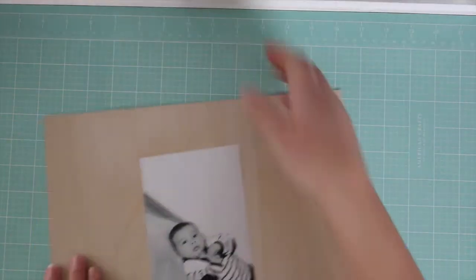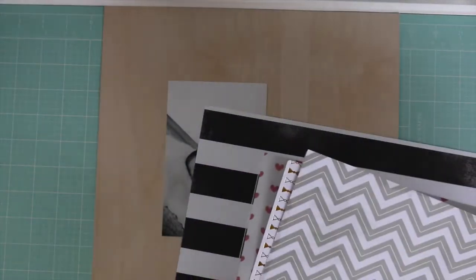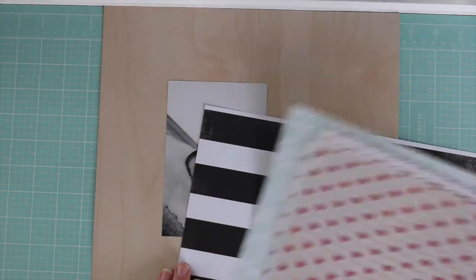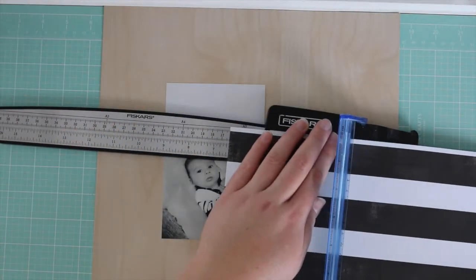So I'm going to make a page of my son, and I chose to use the wood paper that's included in the kit as a background. And I've picked a few of the more neutral papers to go with it, including the heart vellum, which is probably more girly, but it happened to work with the theme of the page